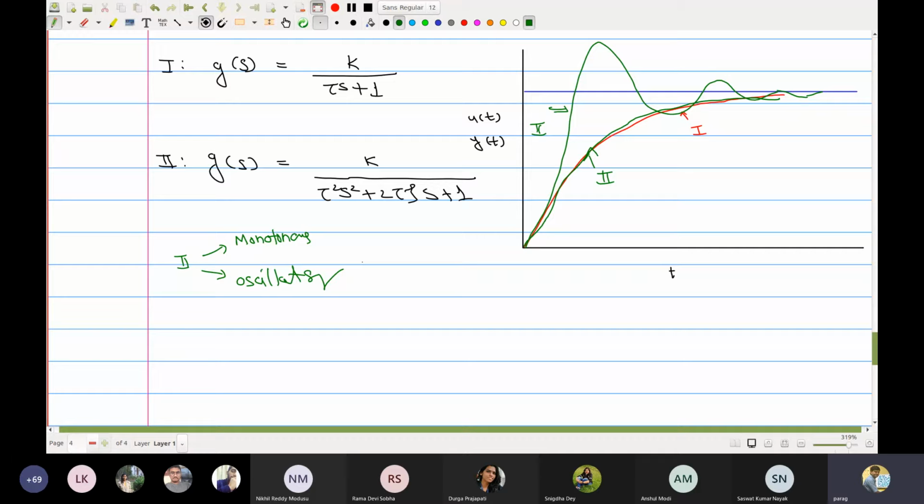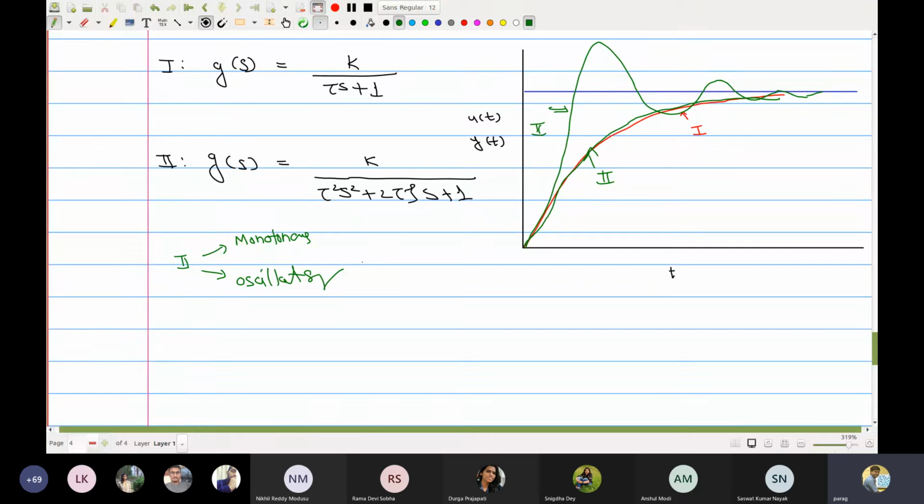Do we see this from our state space analysis? Yes, we do. In state space domain analysis, when the eigenvalues are purely real numbers, you see monotonous behavior. When they are purely imaginary, you see oscillatory behavior without change in the amplitude. When you have complex eigenvalues with a positive real part, you see oscillatory behavior which increases in amplitude with time, and when the real part is less than 0, you see oscillatory behavior which dies out with time.